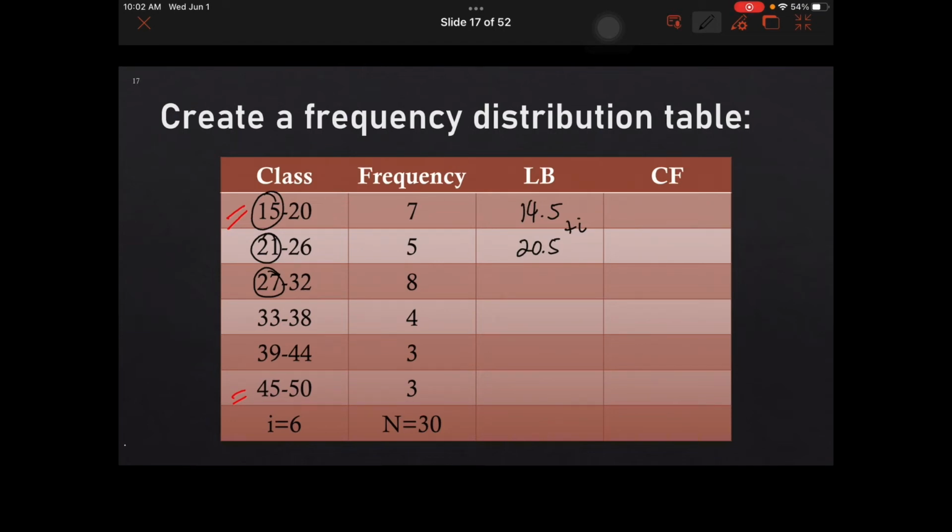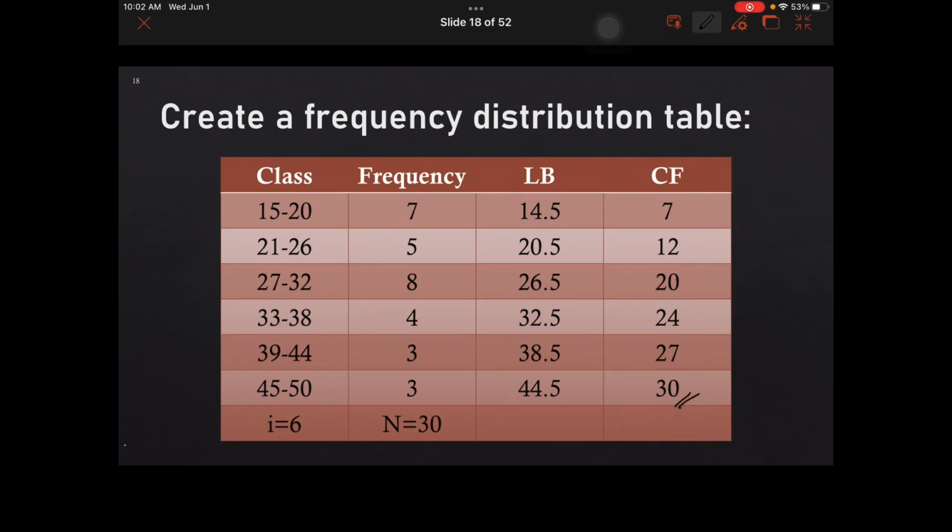Okay? Tapos, yung cumulative frequency natin, magsisimula po tayo dito. Okay? Sa class with the lowest score. So, pag po tayo nagsimula dyan, start with 7. Ano nang gagawin natin? We will keep adding the next frequencies. So, 7 plus 5, that is 12. 12 plus 8, that is 20. And so on and so forth hanggang sa mabuo po natin ang ating frequency distribution table. So for your cumulative frequency, again, if you end up with your n, then you did it correctly.